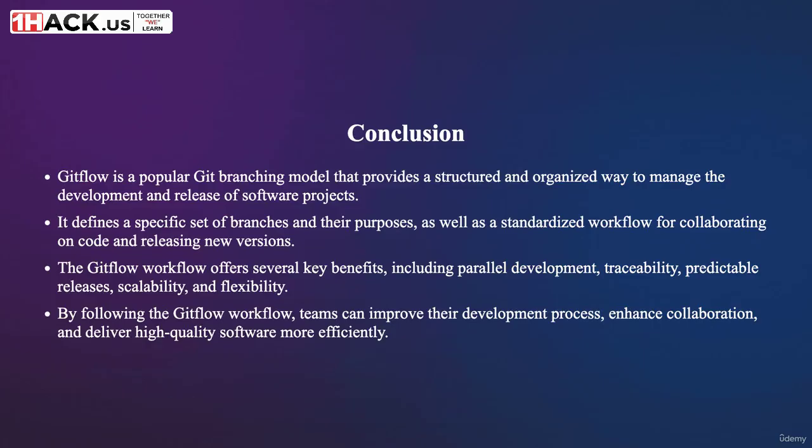In conclusion, the Git flow workflow is a powerful and widely used Git branching model that helps teams manage the development and release of software projects in a structured and organized manner. Git flow defines a specific set of branches and their purposes, as well as a standardized workflow for collaborating on code and releasing new versions. By following the Git flow workflow, teams can enjoy several key benefits, including parallel development, traceability, predictable